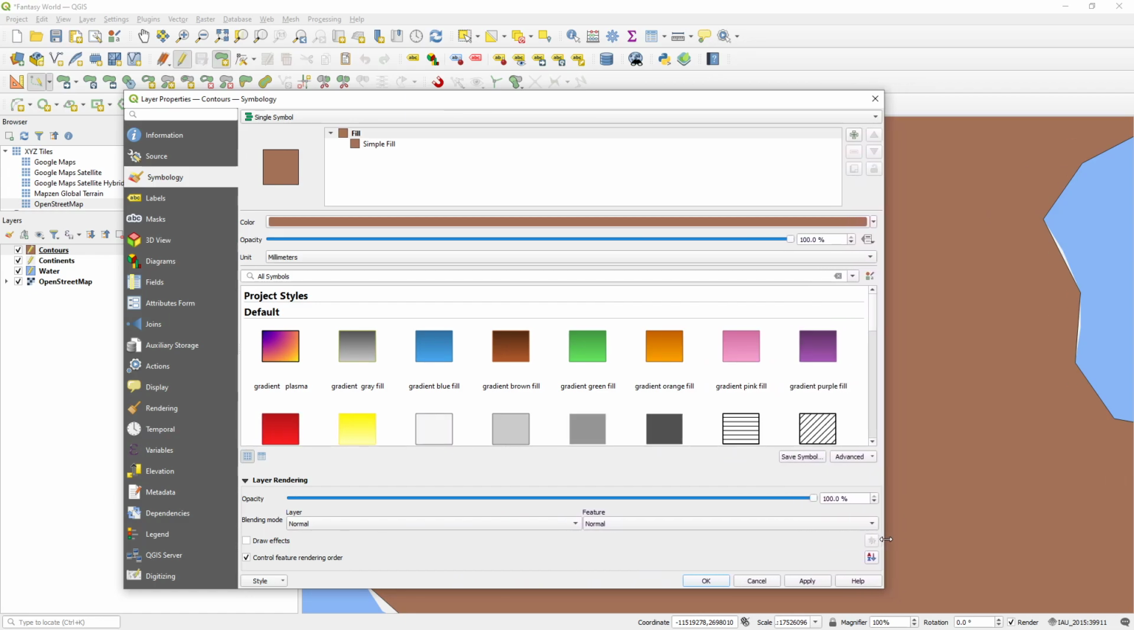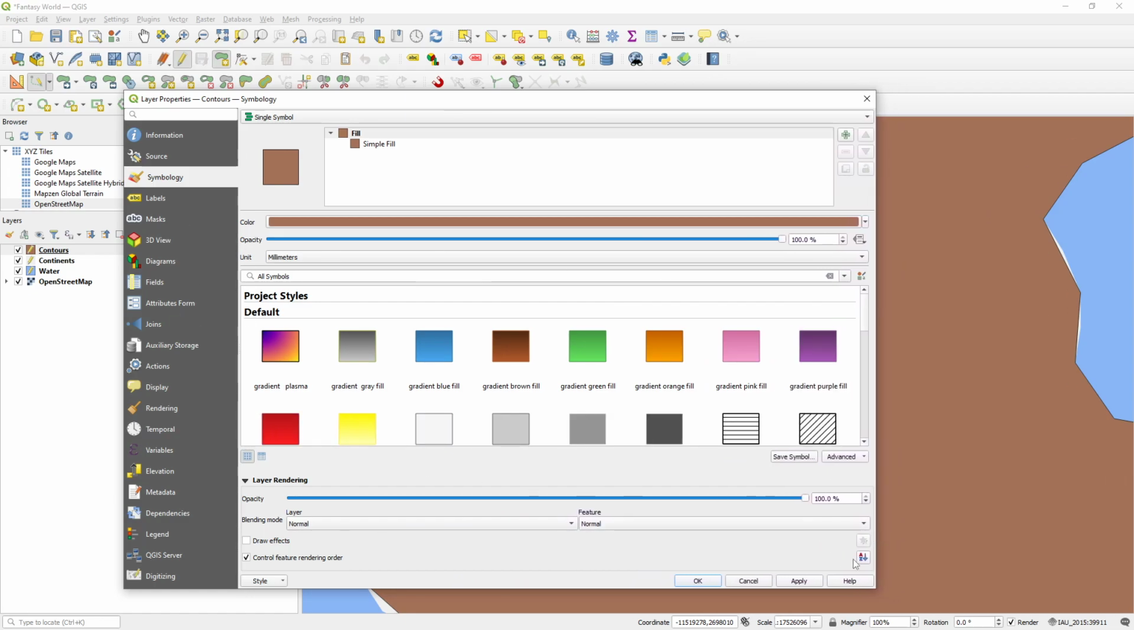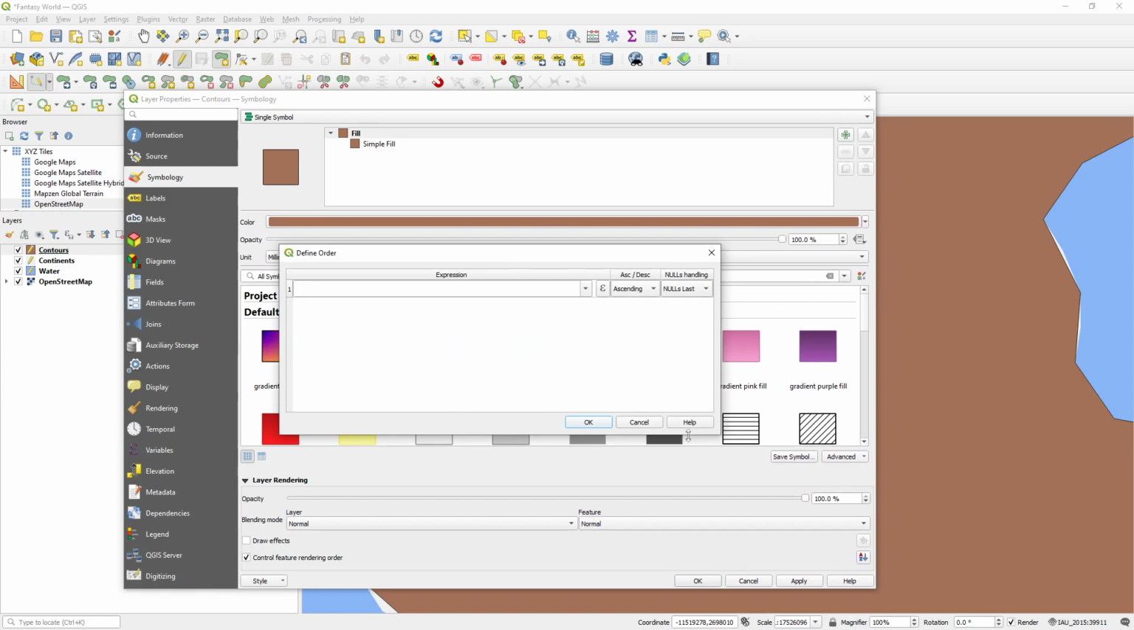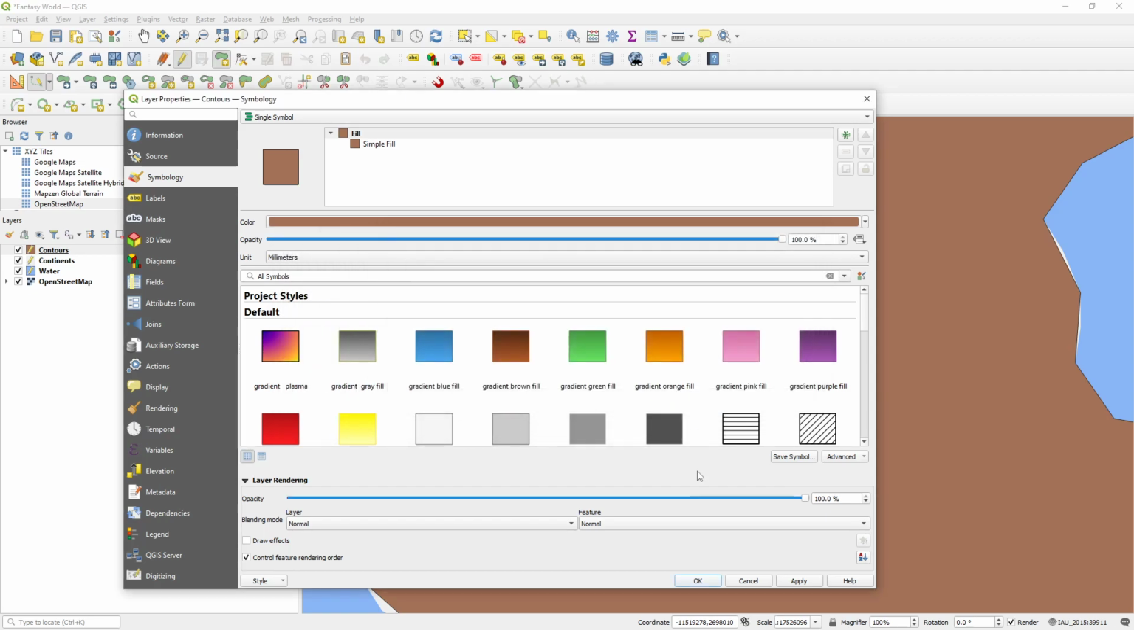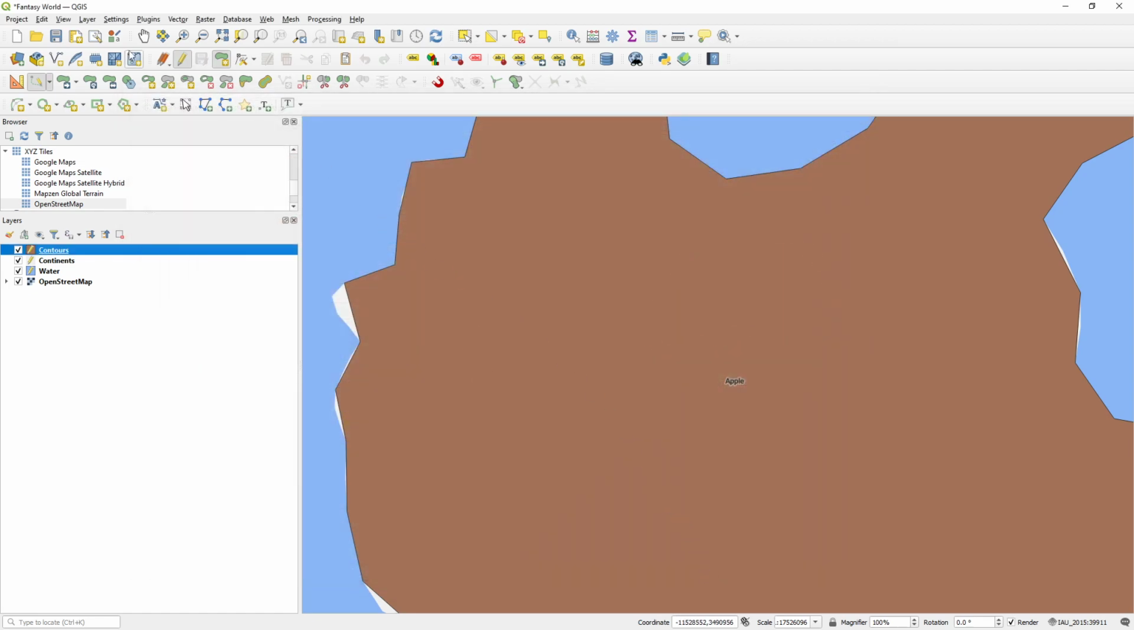Make sure to make it bigger for later, because you're going to be needing a lot of space. Click that, and in expression, you want to choose height. And we need to think. So what has high priority? Descending or ascending? Well, obviously something what's on top. So we want descending, which is going to be shown on top. Click OK, OK, and